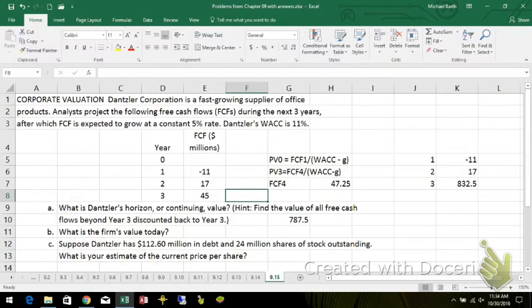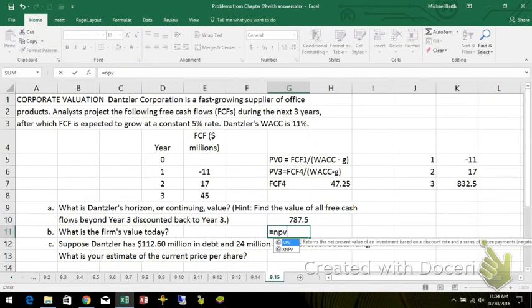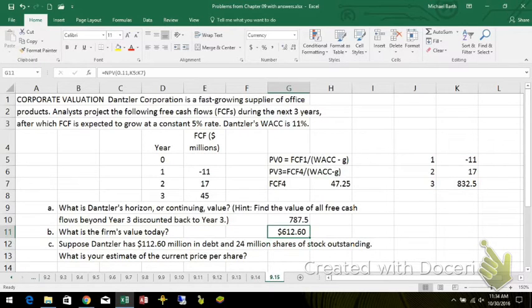Okay, so using the NPV function at 11%, the value of those cash flows in year 1, 2, and 3 is $612.60. Okay, so that's the value that it's going to be as of the end of year 3. That's the value of the firm as of today. All right, now the firm has